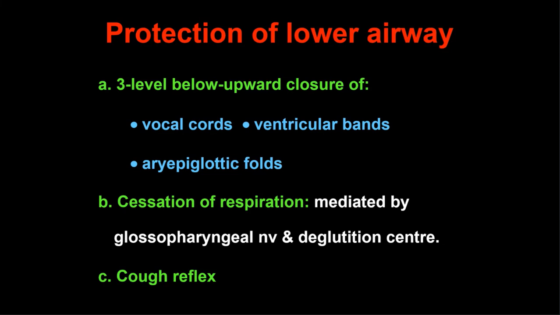So whenever we swallow the food, once it touches the posterior pharyngeal wall, there is a reflex closure of the larynx by a 3-tier mechanism. One is the laryngeal inlet, by closure of the epiglottis posteriorly. So the laryngeal inlet is closed by the epiglottis, and also by the false vocal cords or the ventricular bands, and the true vocal cords. So there is closure of the larynx at these 3 levels: the laryngeal inlet, the false vocal cords and the true vocal cords.